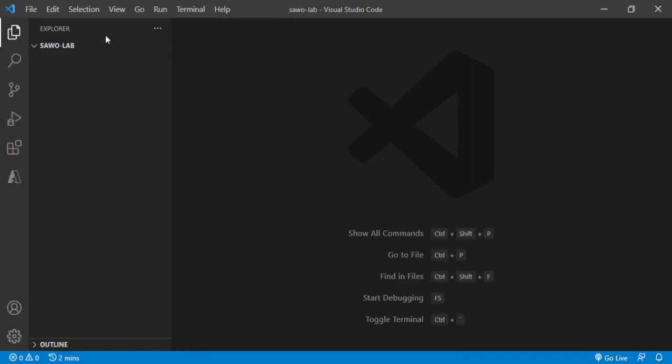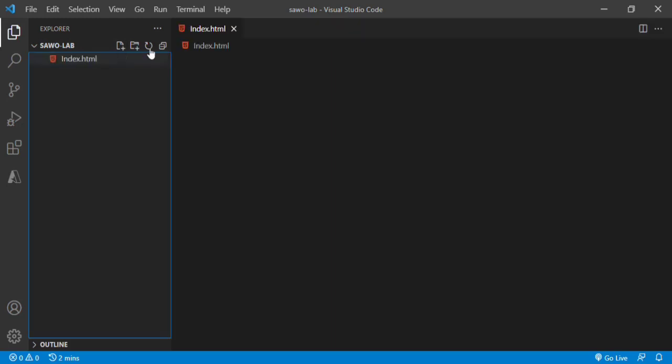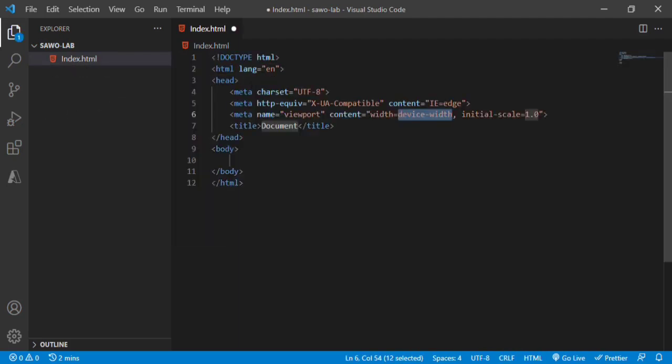So here in one folder named SAWO Lab, I will open Visual Studio Code, and now I will create one file known as index.html. Then I will just type the HTML5 snippet. In the title I have entered SAWO demo. Now in the body tag,